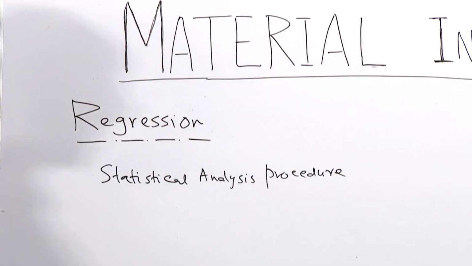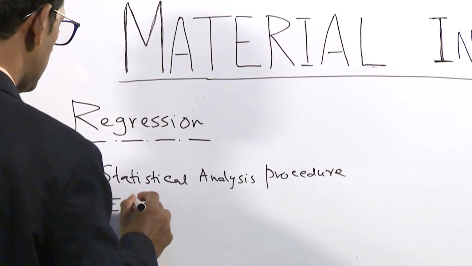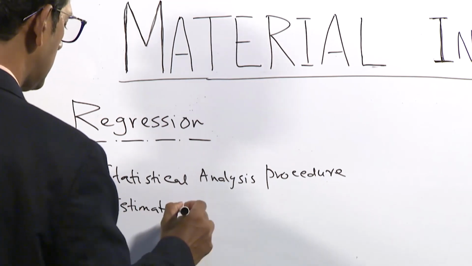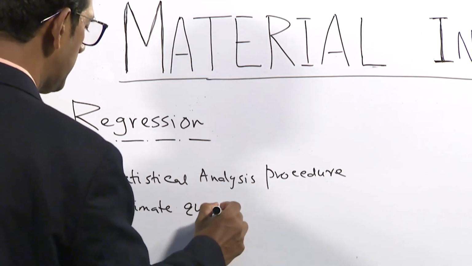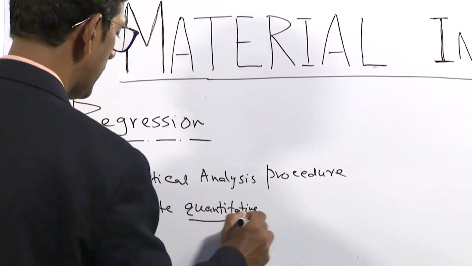What do you do in the statistical analysis procedure? We simply try to estimate quantitative relationship. Remember this, this is a very important word. We try to estimate quantitative relationship